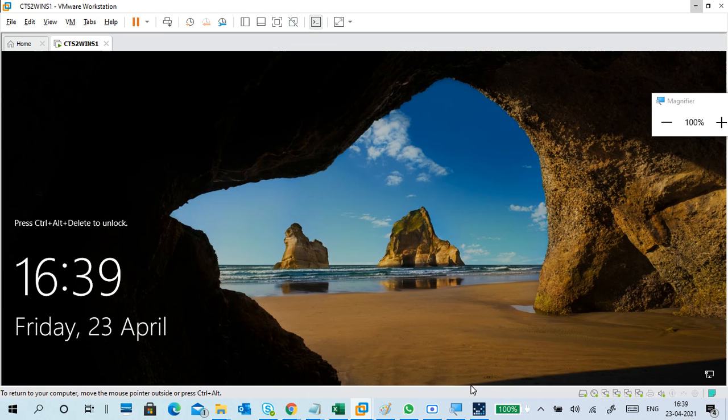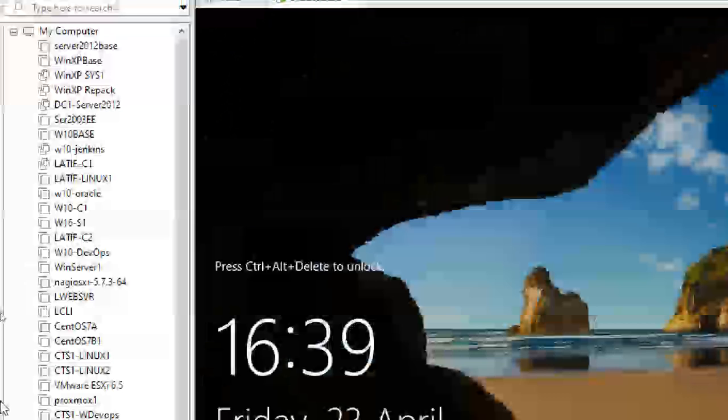Or Xen Desktop. Xen Desktop comes under desktop virtualization, again a pure form of desktop virtualization. So I'm using an application. In this application, I can create multiple virtual machines like this.